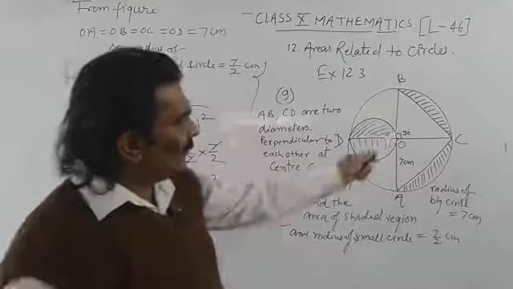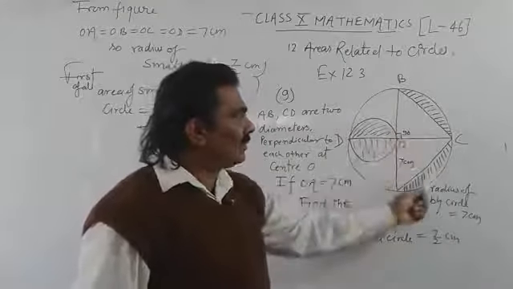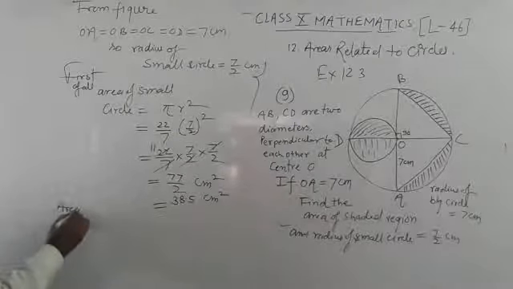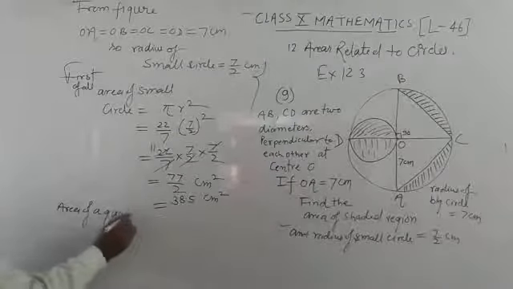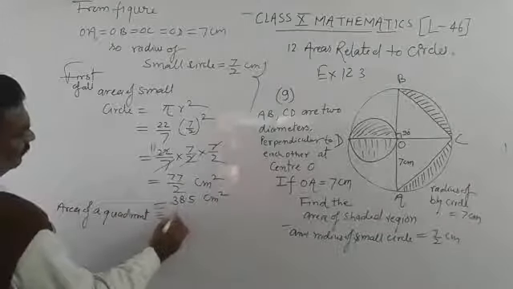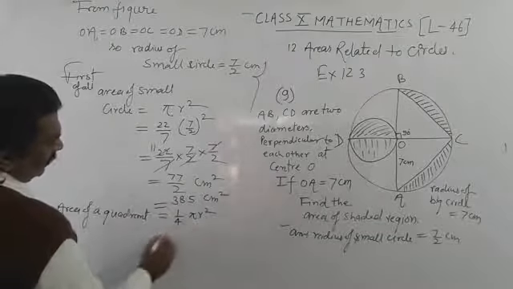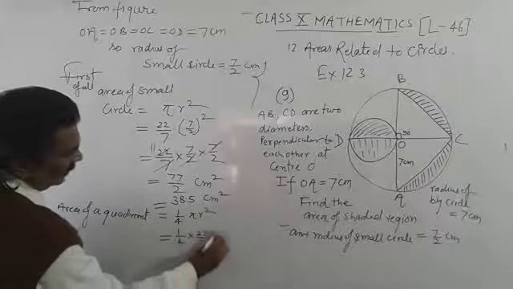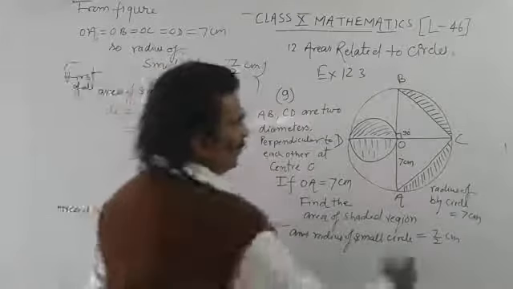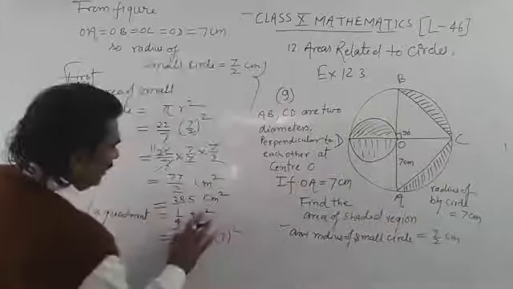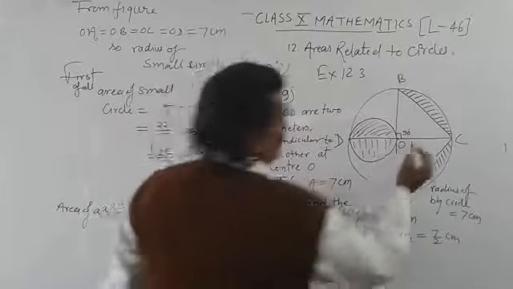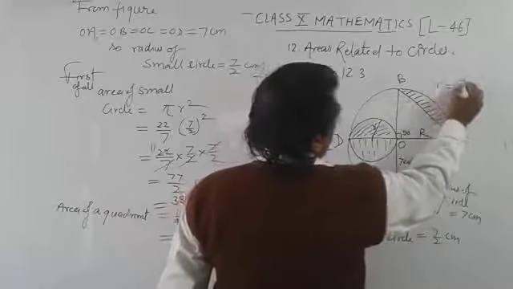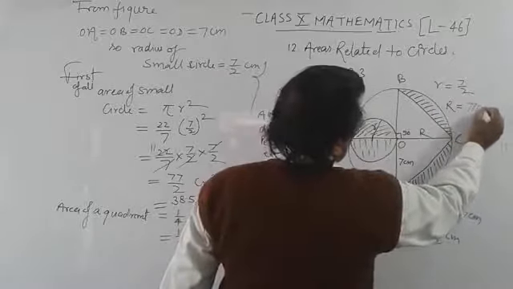Okay students, so first write this part, the area of this part. Now we have two quadrants and two segments. So first of all we will find the area of a quadrant, which is equal to 1/4 pi r square, where 1/4 and pi is 22/7 and radius 7 whole square. Because here we use capital R, and small r is here 7/2, but capital R will remain 7 centimeter.